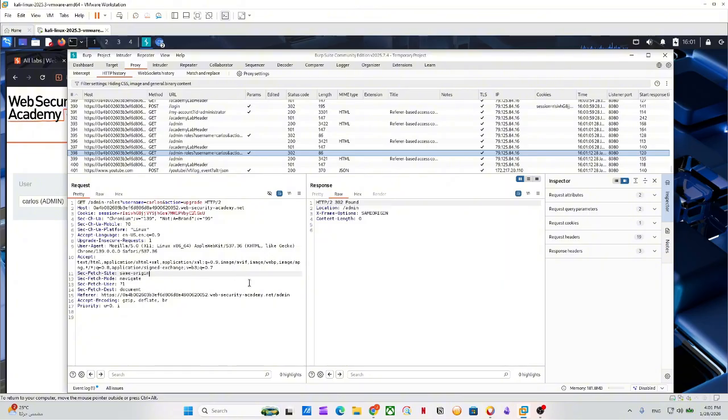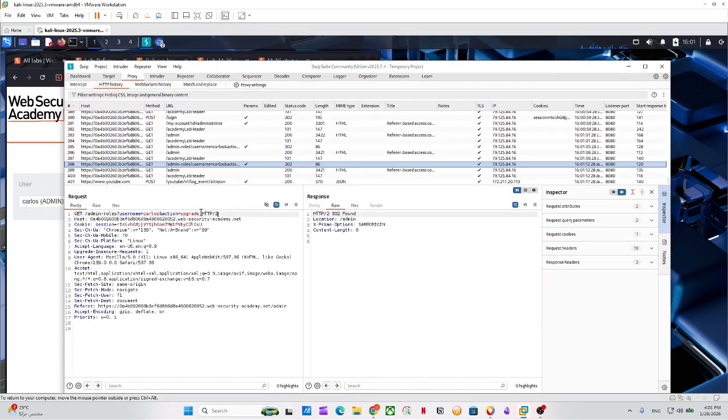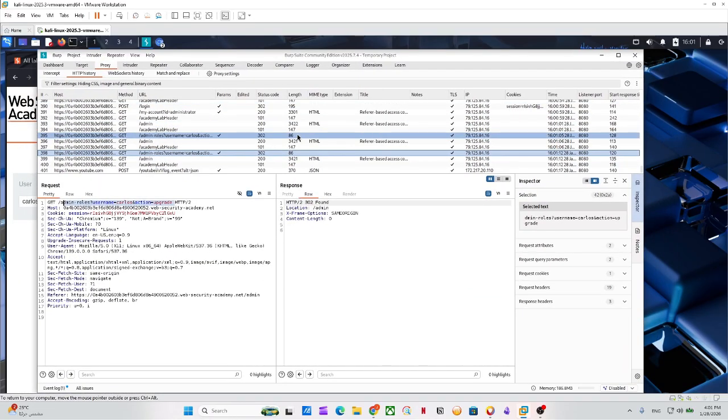Yeah, so it's using the Referer header. Referer-based access control. So it's putting it in the URL. So that's how it's working. When you think about it, it's actually the same thing, the same idea. So in order to escalate,